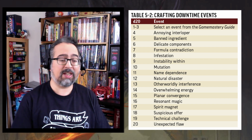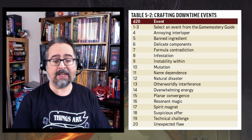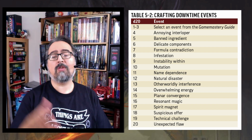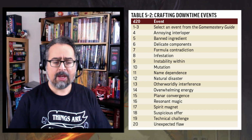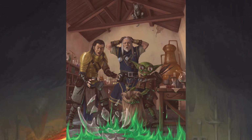quests to hunting ingredients, like for example, finding out that one of the ingredients they need for crafting is illegal in this part of the world, or somehow the material you need has become a magnet for certain types of malevolent spirits. There's a section about critical crafting for those like myself who wondered if there should be an additional